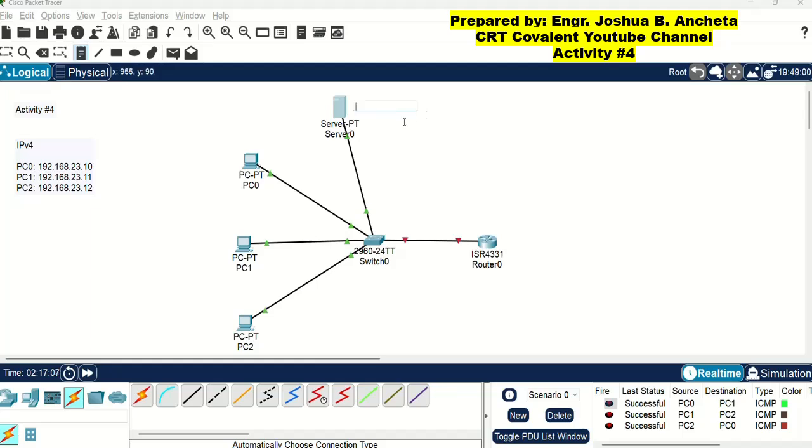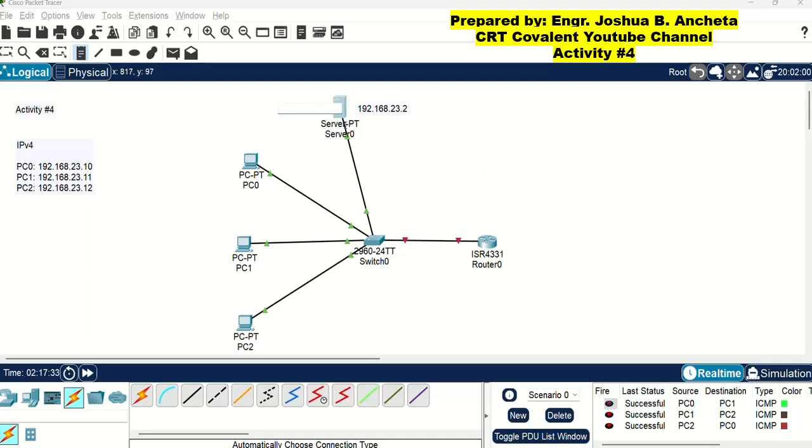So there must be a same IP address format because they belong to the same network. So this must be 192.168.23. Let's say we put .2. So we will choose .2 for the server.